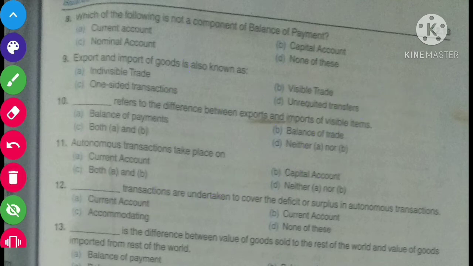Okay. Move to next question number 11. Autonomous transactions take place on option A, current account, option B, capital account, option C, both A and B, option D, neither A nor B. Its correct answer is option C, both A and B. Autonomous transactions take place on current account and capital account both. Move to next question number